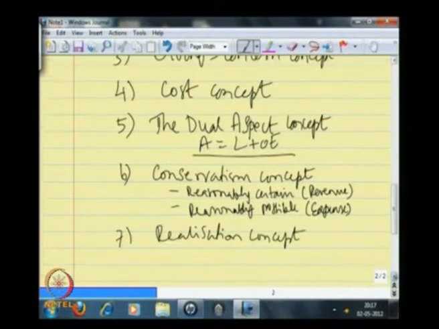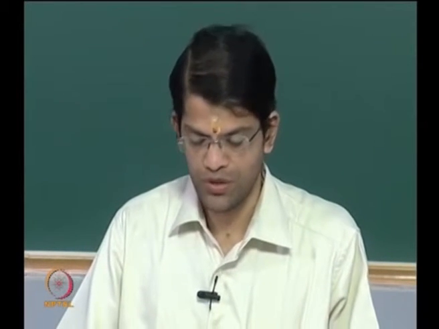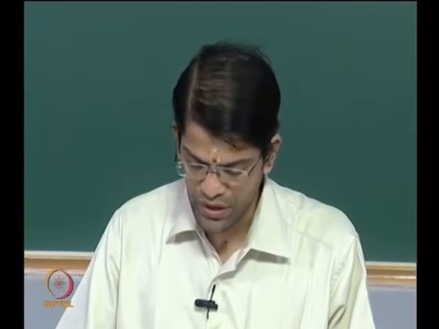If conservatism is about timing, the realization concept is about the amount. Based on historical experience, if you make a sale on credit, to what extent will you be able to get the entire collections for the sale? That depends on the type of customer, the historical record that the customer has with the entity. So, based on that, to that extent you will realize the revenue that will be recognized.